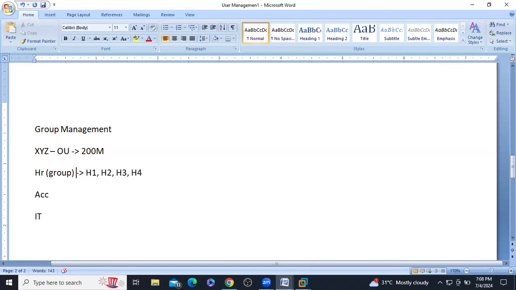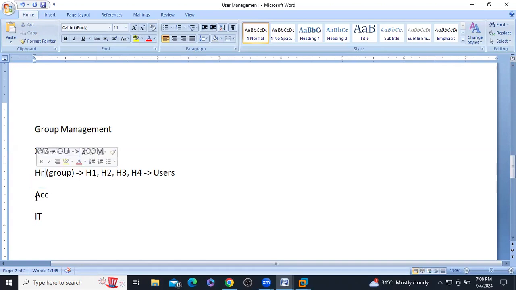HR is one group. Then users H1, H2, H3, H4 we add into this group. Then we provide the policies for this HR group. The same permissions apply to the group members. So like this, we reduce the work.